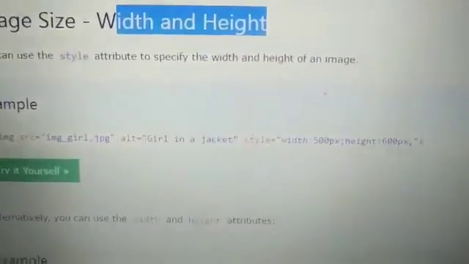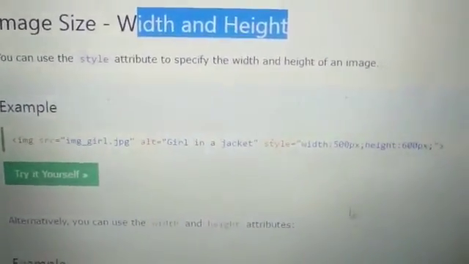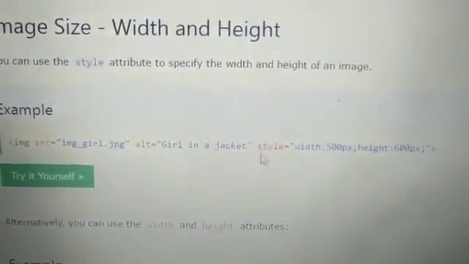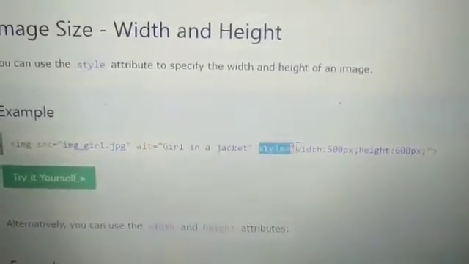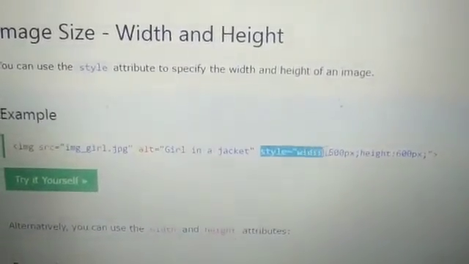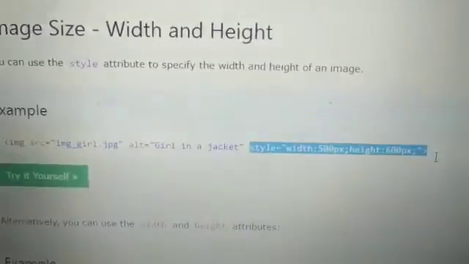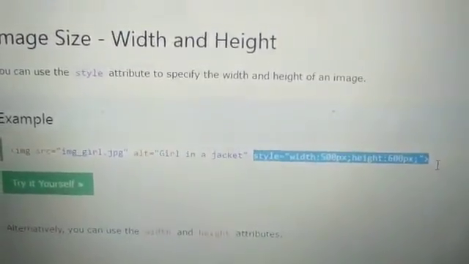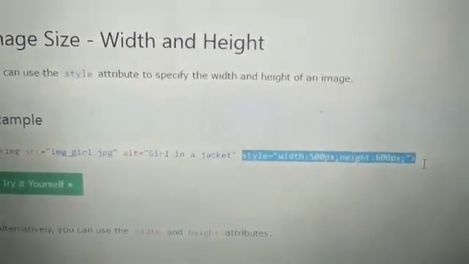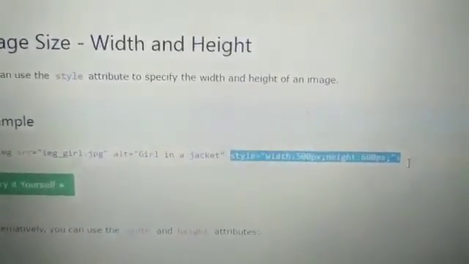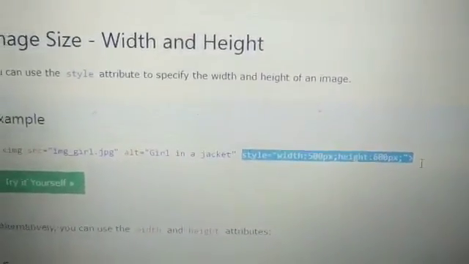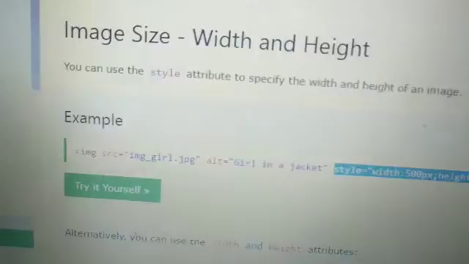In the same image tag we can use the style option. Style equals to, under double quotation you write width colon the size in px, then semicolon, height colon the size in px format, then a semicolon. In this way you can give.